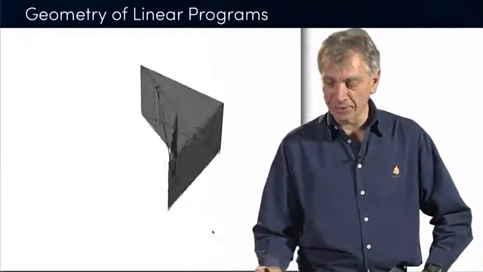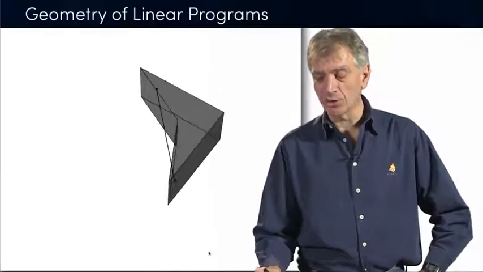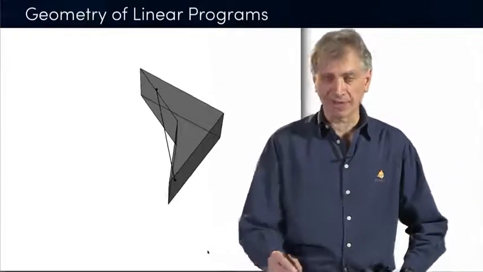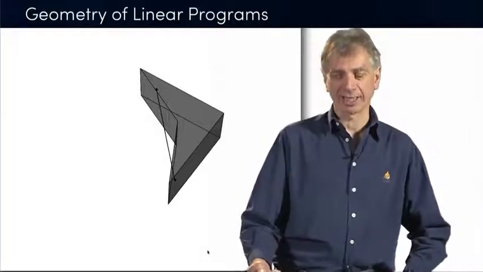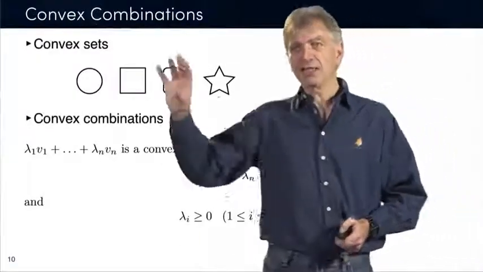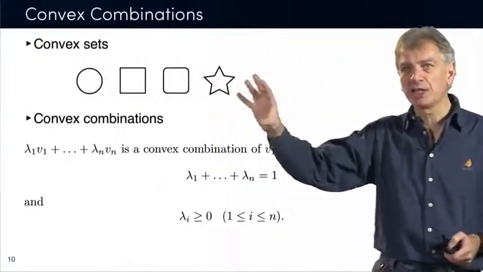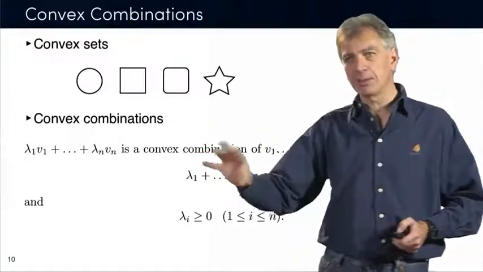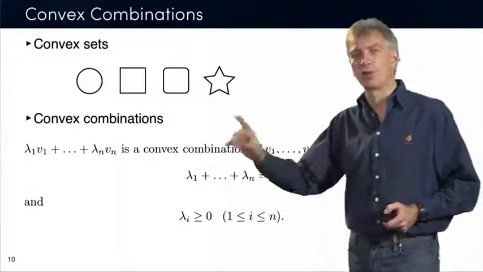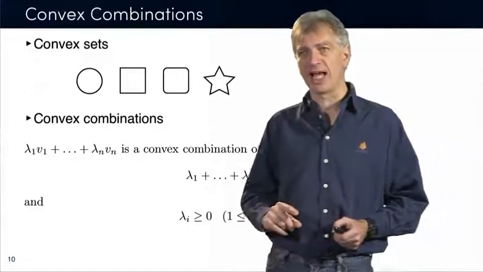So beautiful thing here. You take 2 points, you draw a line between them, it's outside the set. That's not a convex set. So this is, once again, the geometric intuition. What I want to show you now is the algebraic expression. So if you set a point V1 to Vn,